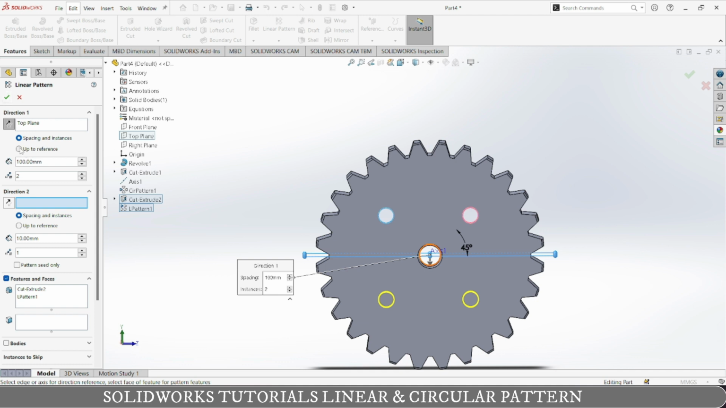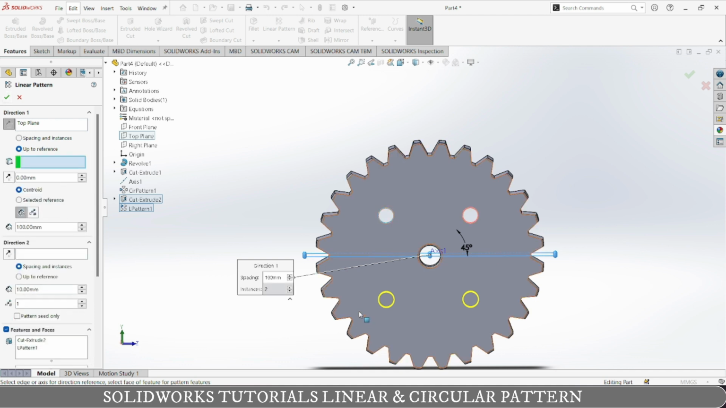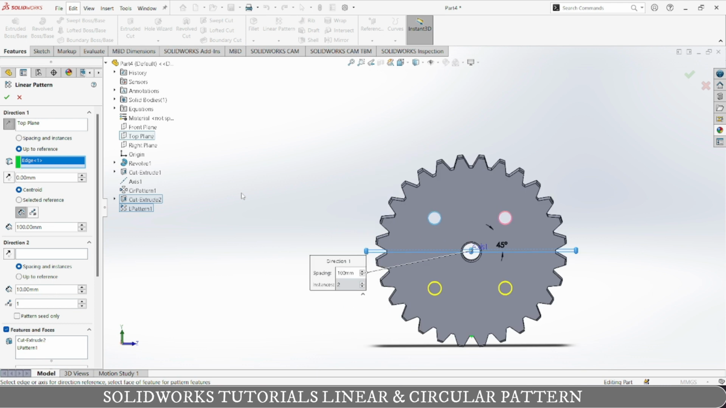And you can also give it up to a reference, some reference plane or some reference point or edge, so it can move up to this reference. For example I'm giving it this reference, so it will generate something here. Okay, for example 10. Oh, these are instances actually,